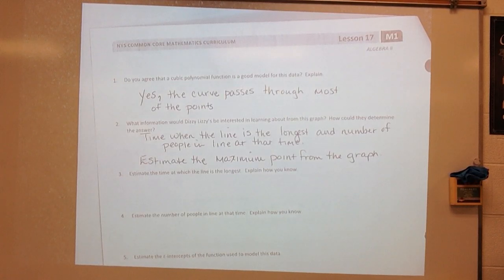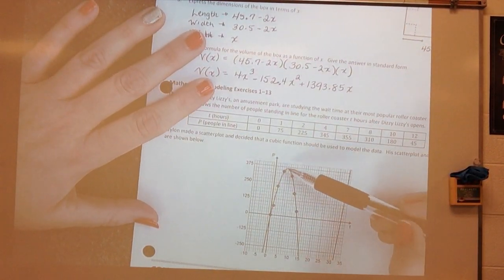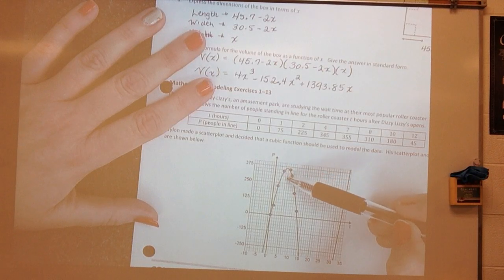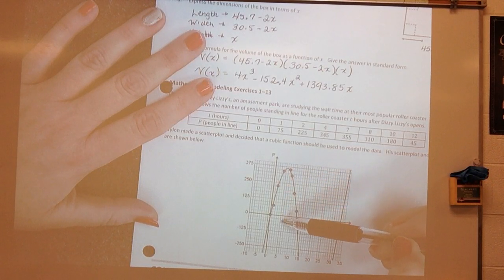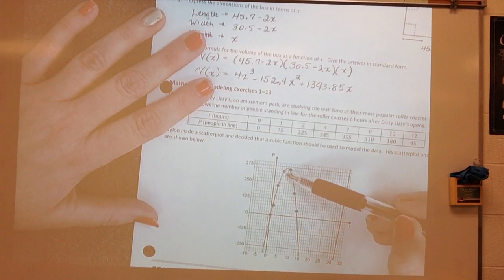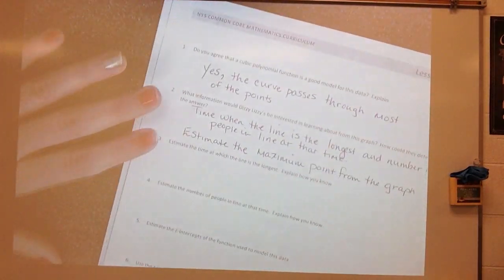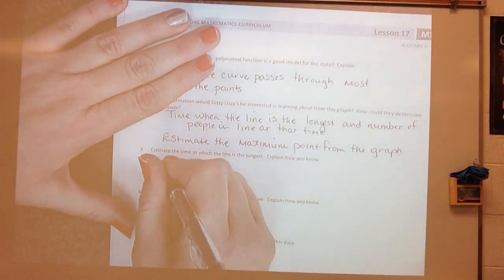Estimate the time at which line is the longest and explain how you know. Well, let's look at this. So this is about where our line is the longest. And if I come down, these lines represent 1 hour, so it's right about 5.5 hours. All right? So the line is longest